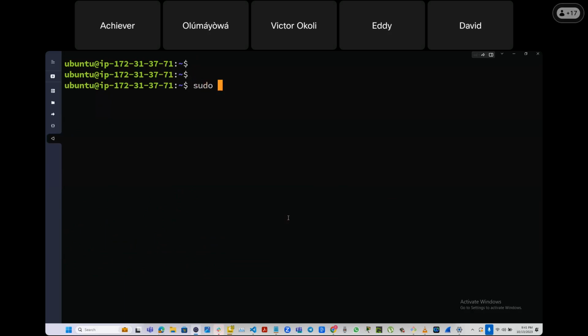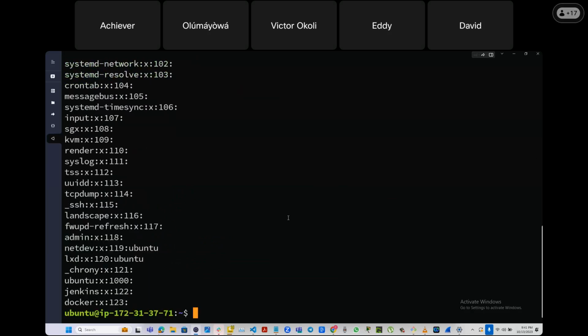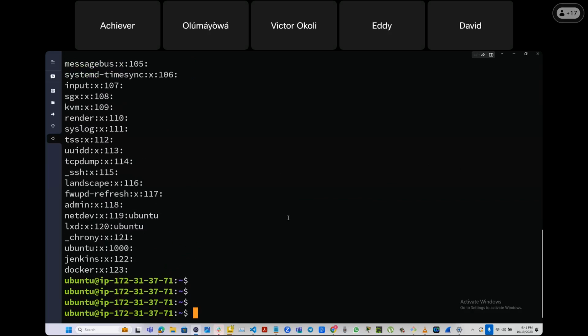sudo cat. There's a file called /etc/passwd. No, okay. It should be groups, right? Groups. Now, if you do this, you see all the groups that are available on this computer system. If you're wondering, this is what I typed,